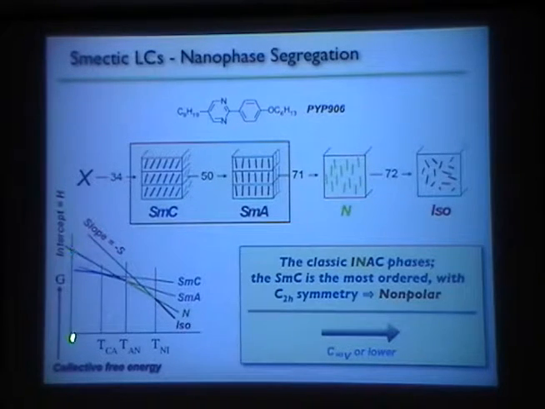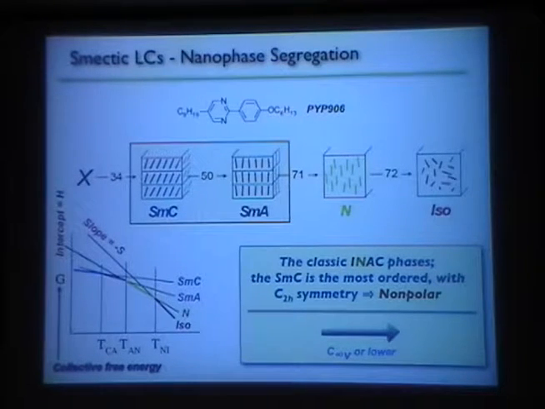And the intercept here at absolute zero, okay, this is a fantasy, an oversimplification, but the intercept here is the enthalpy of formation. So you plot free energy versus temperature, and the intercept is the enthalpy, the heat of formation, and the negative of the slope is the entropy of formation. So you have these phases. So here's a